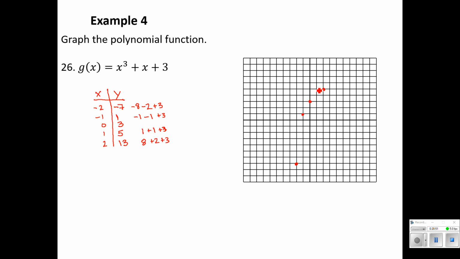So, oops, plotted that point in the wrong spot. So I'm off my page up here. You can see that graph, it is bending, but not as sharply as some of the ones we saw in our introduction. Try and connect these on the tablet here. It's kind of tricky. I apologize. There's our graph.